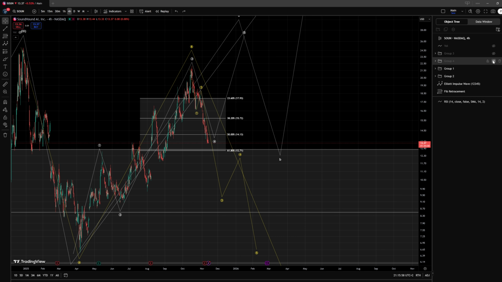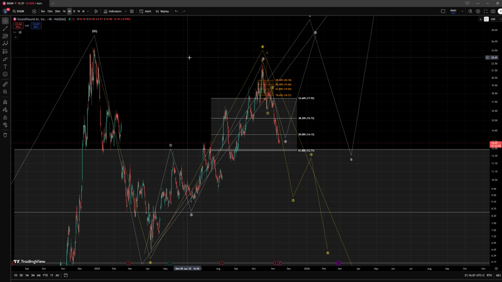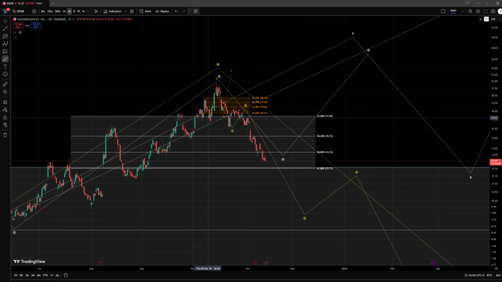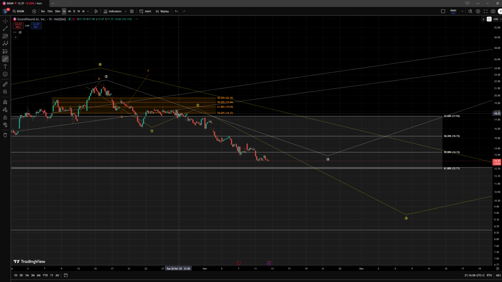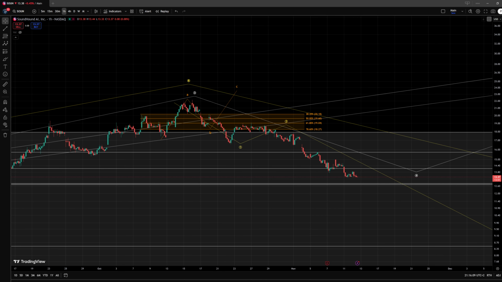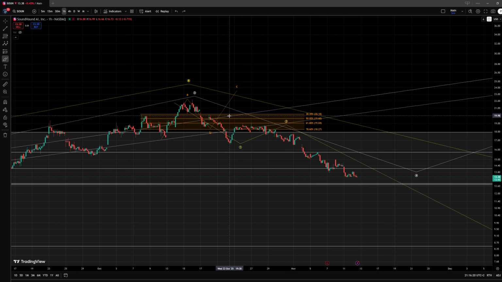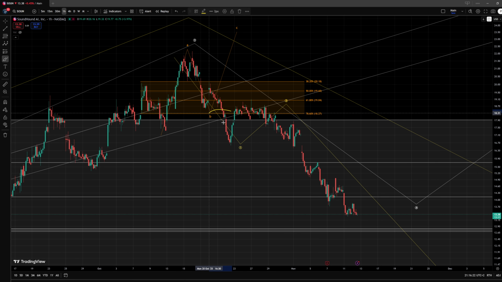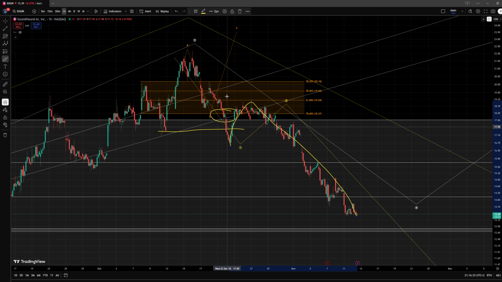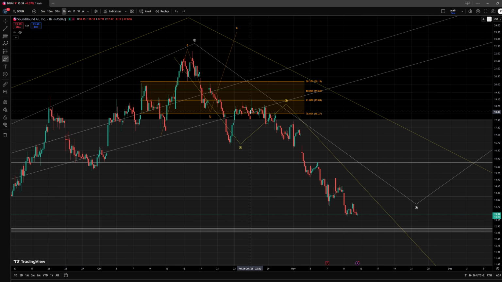And then in the even smaller time frame, actually this is from the previous video, we were looking for the ABC pattern to the upside. We had this area of support which didn't work out, and that is fine. Since we broke it, we managed to get above, but it indicated to us that this is likely going to fail. Even from this point, we managed then to invalidate this possible AB by breaking below the beginning of the wave A. We recovered, but then we still continued in the downtrend,